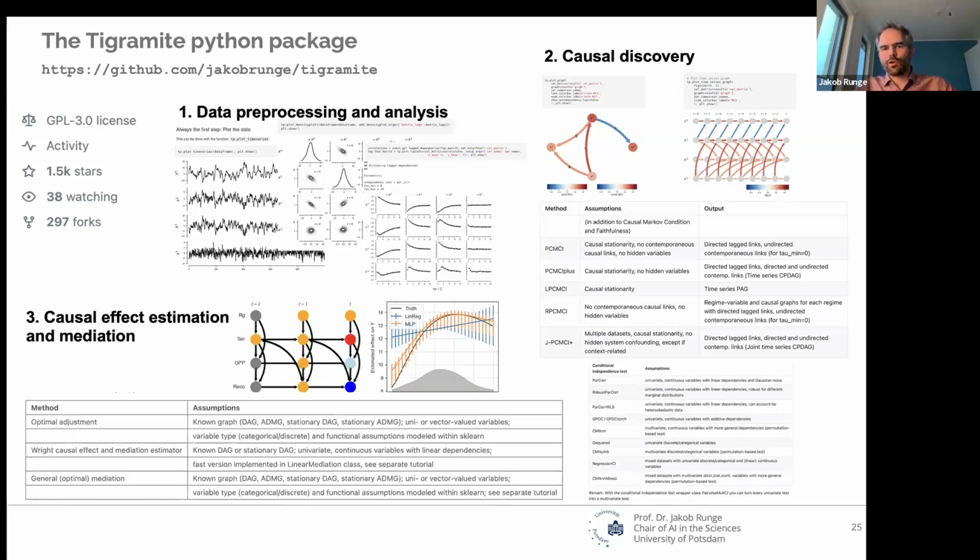It uses scikit-learn to model dependencies, so it's non-parametric in that case. I also have a class for linear, Wright-based causal effect and mediation estimation, and recently also another class for non-linear, non-additive causal mediation. And I'll get to this functionality in a bit.